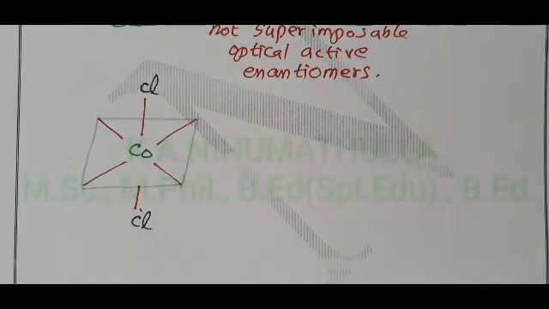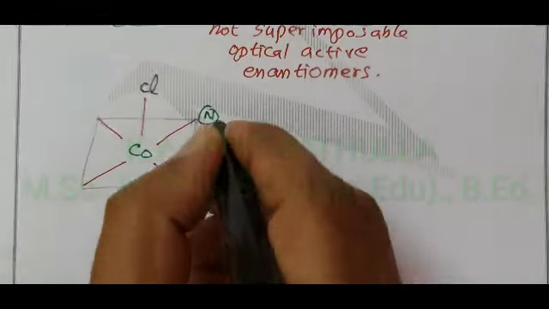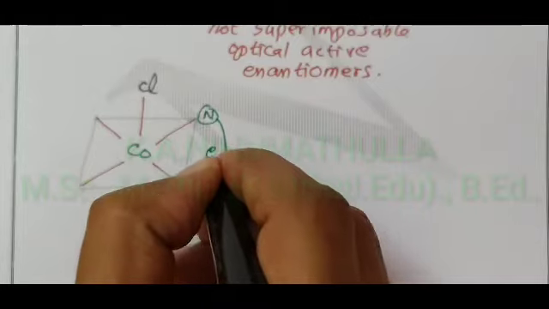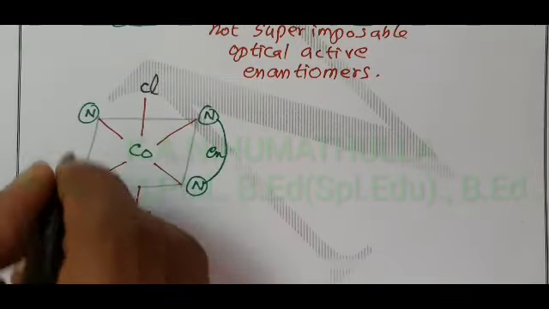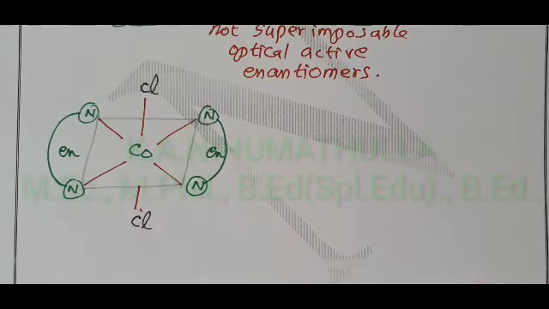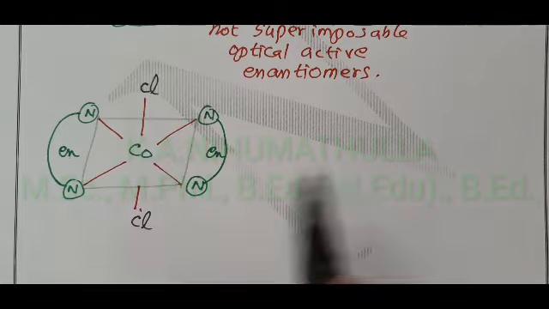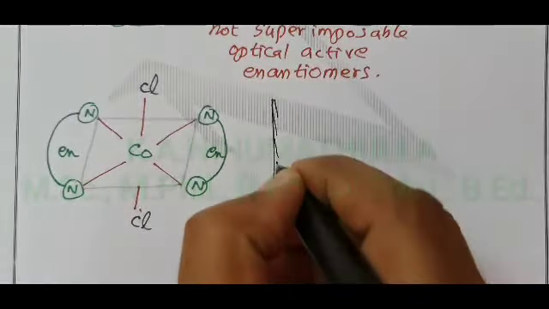Other positions are occupied by ethylene diamine, NH2, CH2, CH2, NH2. This is one ethylene diamine, and this is another ethylene diamine. When a mirror is placed on the right hand side,